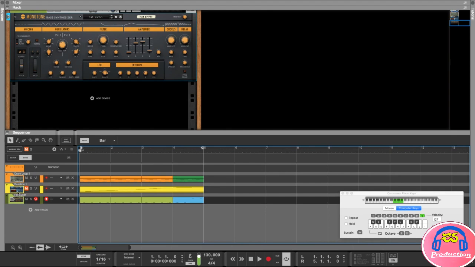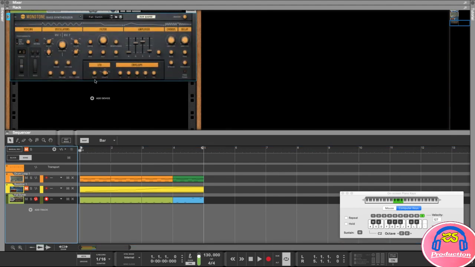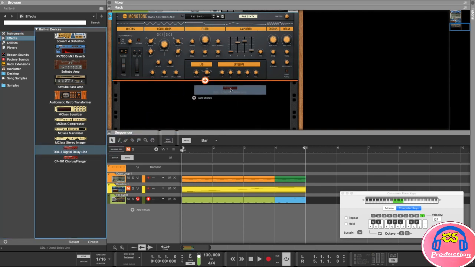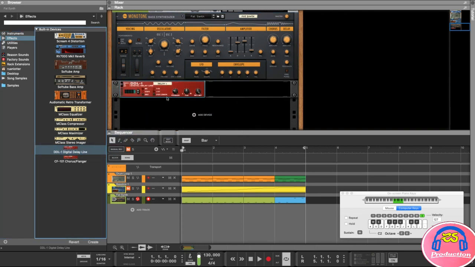Now, let's say we want to add an effect to this bass line. I want to add a little bit of a delay so we get a little bit more of a rolling bass line effect. So I'm going to go back into my browser, and then under effects, I'm going to add this digital delay line. And I want to add this to this monotone bass synthesizer. So I'm going to drag it just underneath it, and you'll see the little plus, release, and that means this